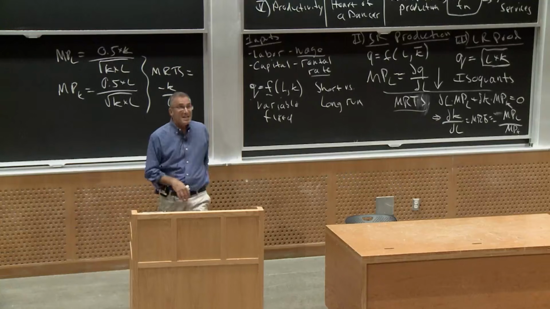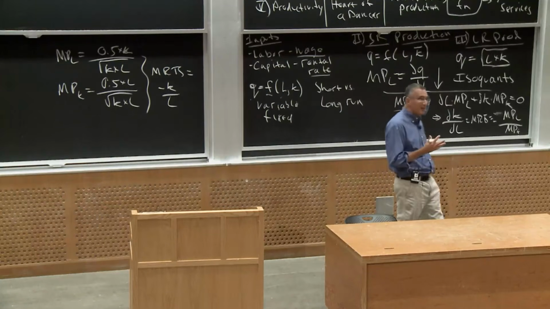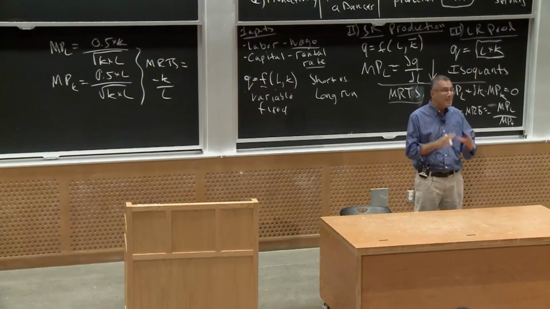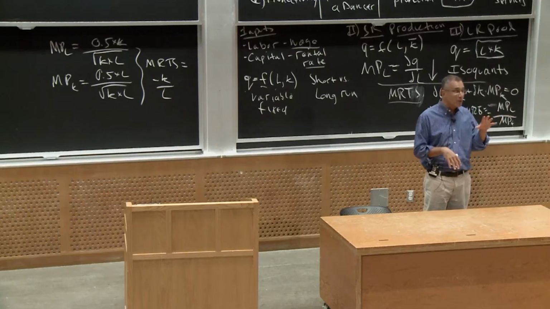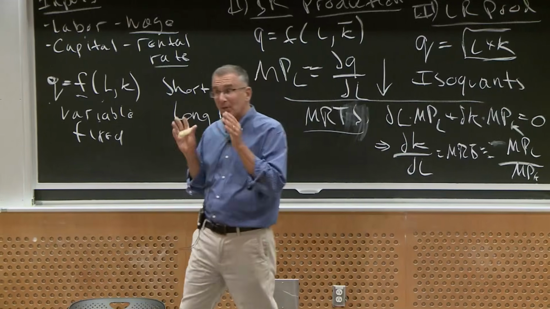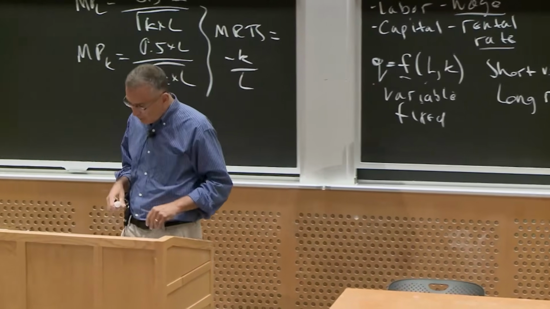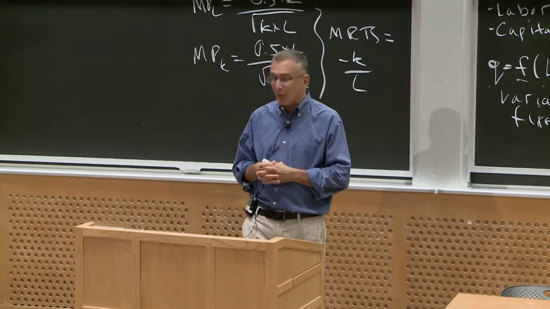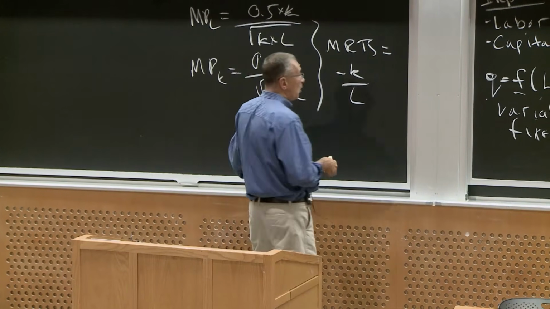Now I'm going to talk about 2 things which are not parallel to consumer theory. Let me just say by way of introduction, producer theory is 1 step harder than consumer theory. It's all the fun stuff for consumer theory plus 1 additional step. And we'll talk about that step starting 2 lectures from now. But for right now, it's parallel to consumer theory, but here's a couple of wrinkles that arise in the context of production that you don't get in the context of consumption. The first wrinkle is what we call